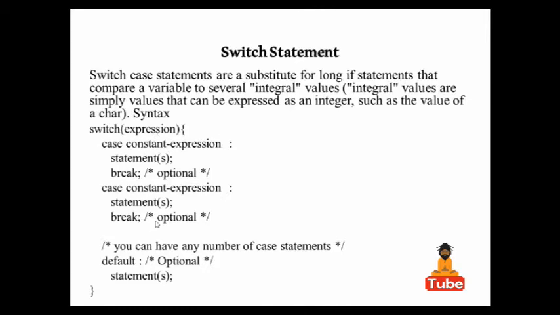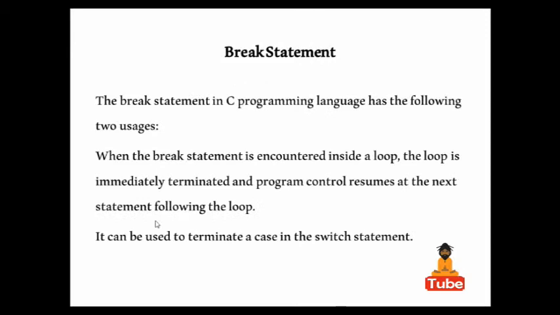Likewise, we can see a simple program here. But before that, we will discuss what a break statement is. The break statement in a C program we can use in two situations. We can use it with a loop, and as we have discussed, in a case when the break comes, the control jumps out of that block.